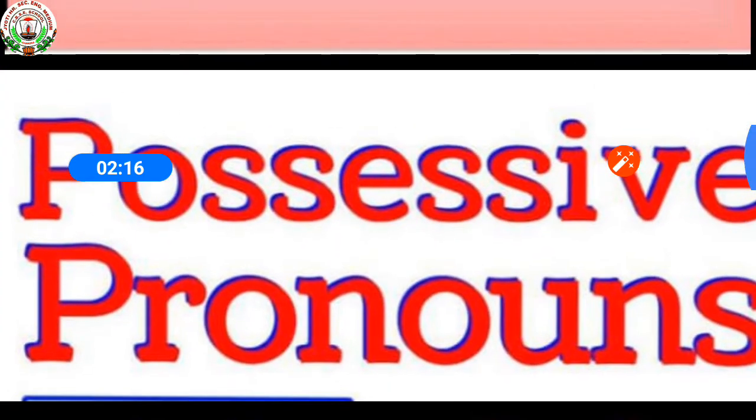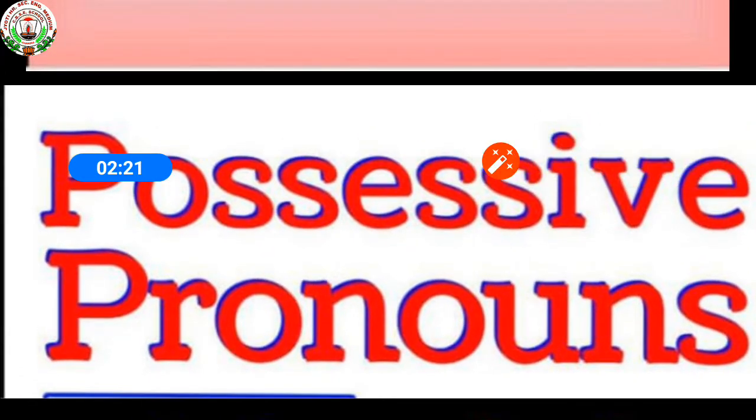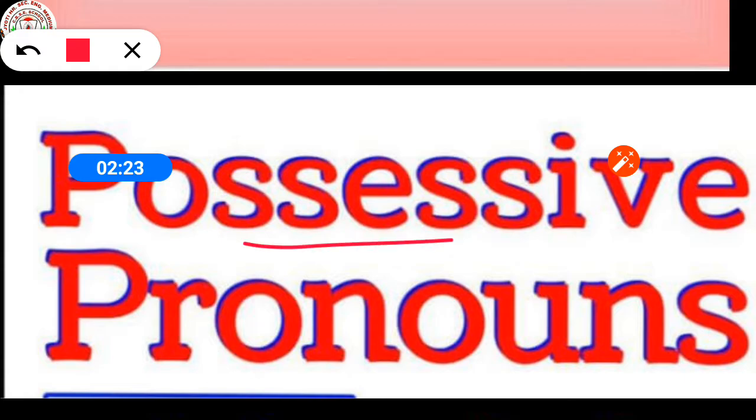Second, possessive pronouns. So a possessive form is a word or a grammatical construction used to indicate a relationship of possession in a broad sense. This can include strict ownership or a number of other types of relation to a greater or lesser degree.